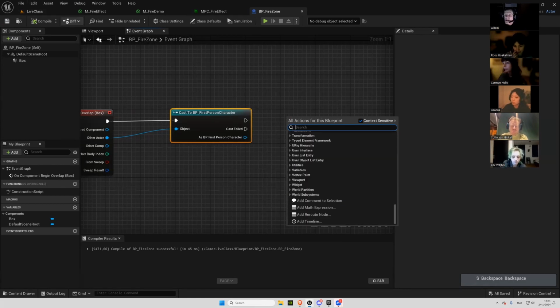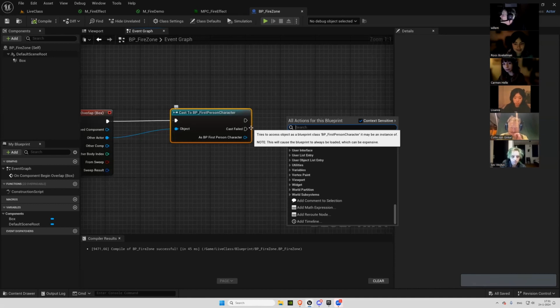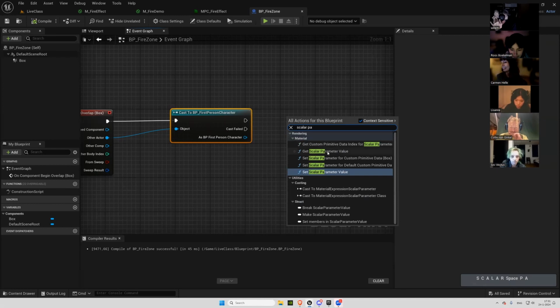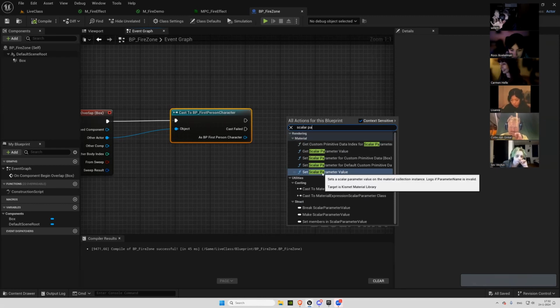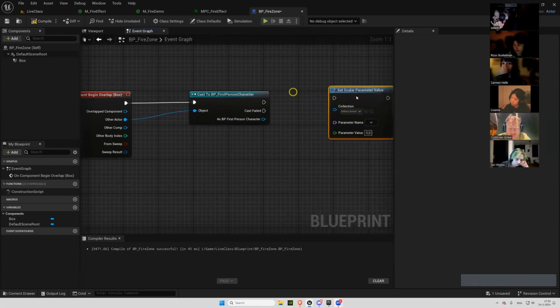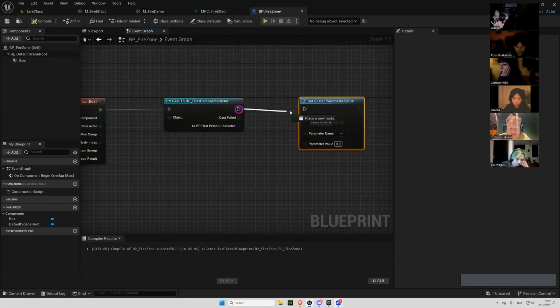Ooh, what was it called? No, I can do this. Scalar parameter, yes, set scalar parameter value. That on and off little parameter, it's called a scalar parameter. It's just like one number. We want to set that because by default we set it to 0, which is off, and we want to set it to 1. So if we drag that, or if we find that, we can connect it to this